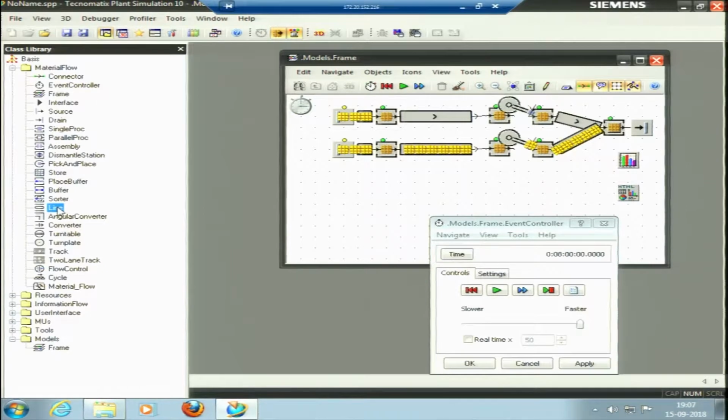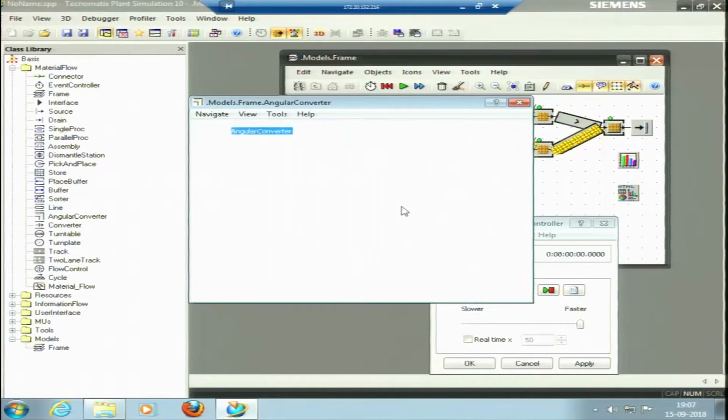To draw the straight line with active drawing color, we select this, then this is used. I have just used it extensively in this example. Then is angular converter. So what is angular converter? Angular converter changes the conveying direction of the mobile objects from lengthwise to crosswise. It is a 90-degree. Okay, I can just put it here, angular converter.